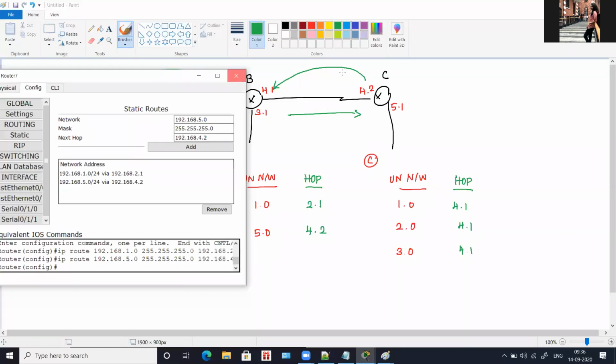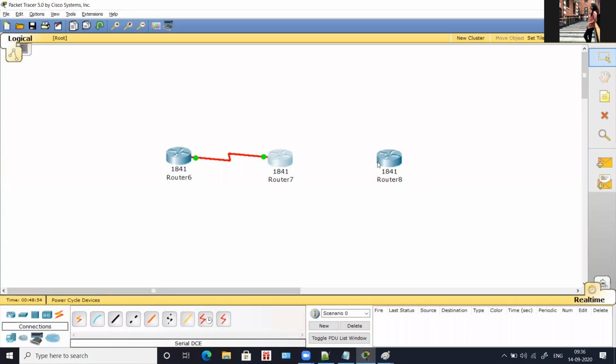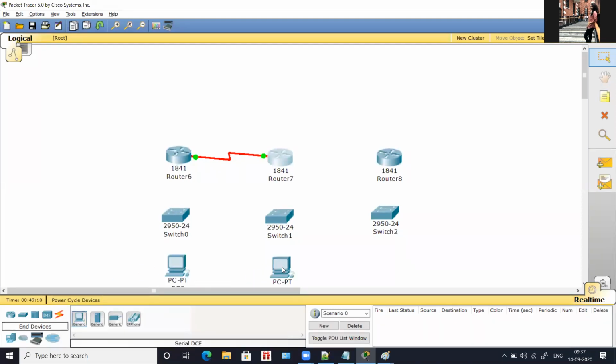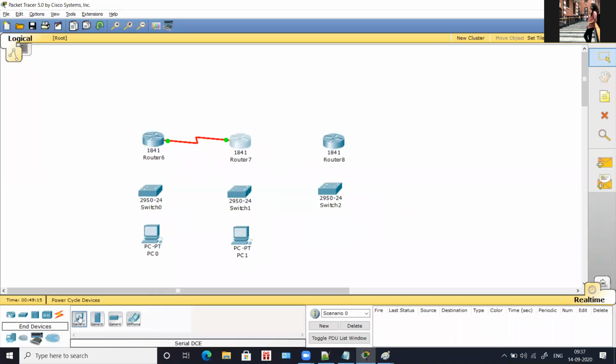You have to repeat the same process for router C as well. After doing all this, you will take three switches and connect all these three switches, and you will take three computers and connect all these computers.